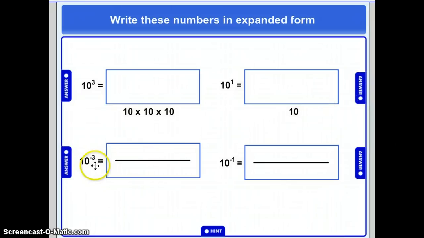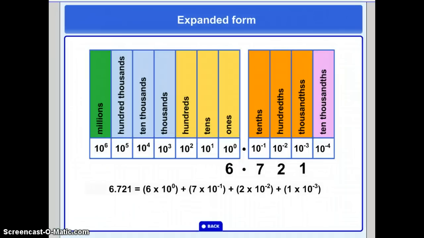But now look, here's that negative exponent, so we know, ding, ding, ding, it means decimal fraction. So that's going to mean 1 over 10 cubed. 10 to the negative first power, again, 1 over 10, because it's just 1 tenth there. All right, continuing on,